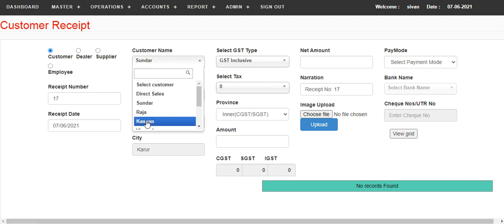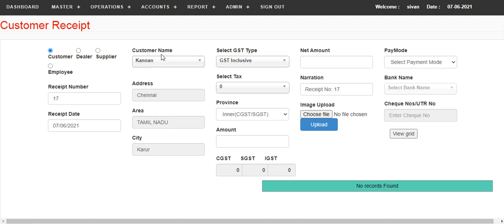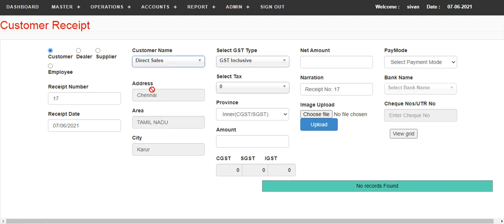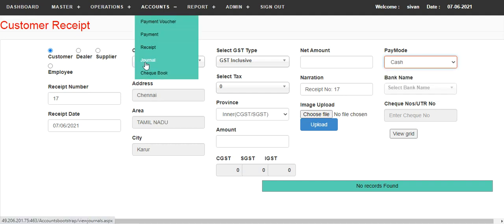You can see the records which have been built up previously. And you can mention the payment mode also, whether it is cash or check, for which we have received the payment. And once we complete the receipt, then comes the journal entry.